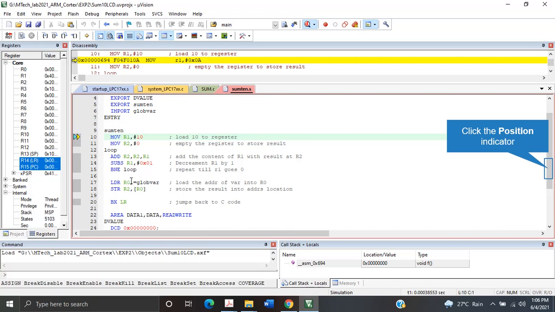So then what is in R0? The address of global var is loaded into R0, and you store R2, the final result, into R0. So you are passing the summation, whatever you have computed, to the global var, and jump onto BX LR. So there is a link register. What is meant by link register? Link register is the R14 register. Normally I'm checking the ARM7 architecture. Cortex also has a link register, so whenever you jump,